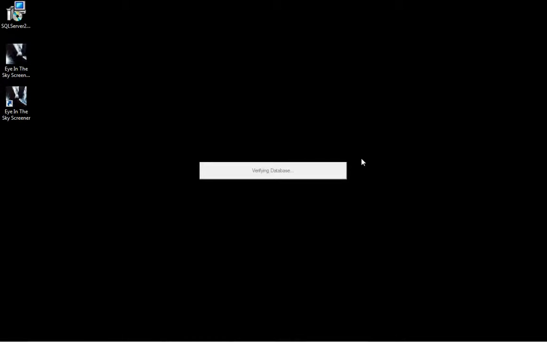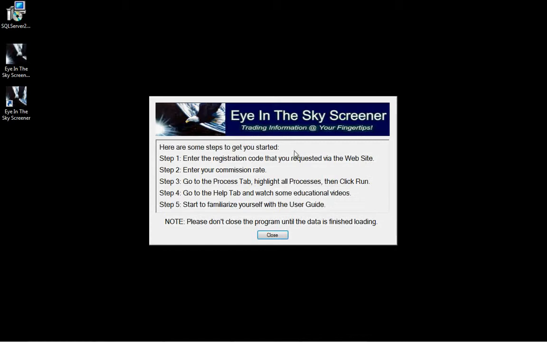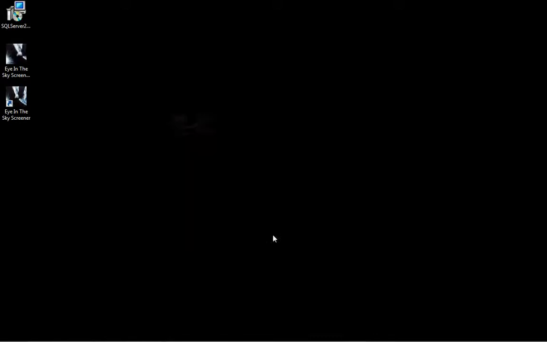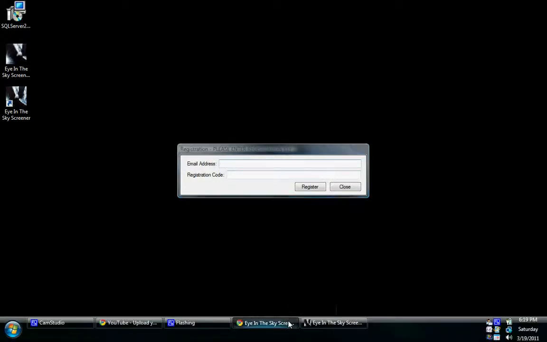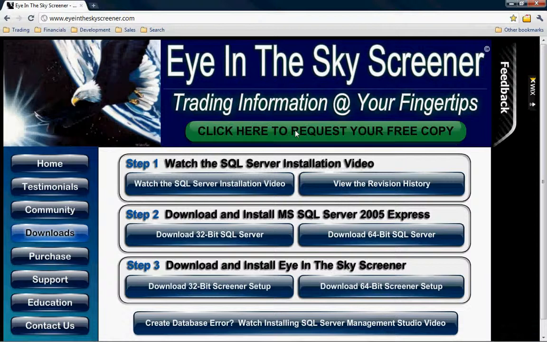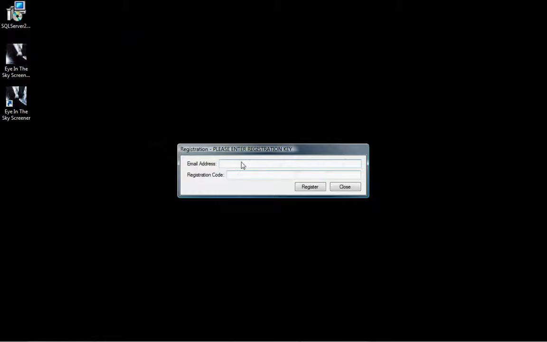And then you'll be presented a welcome screen, which tells you how to get started with the software. So go through and read those steps, and then click the Close button, and then you're presented with a registration screen. And if you email me at sales@eyeintheskyscreener.com, or you can go to the website and click on this yellow button, click here to request your free copy. It sends me a request, and I send you a demo code good for 30 days so you can